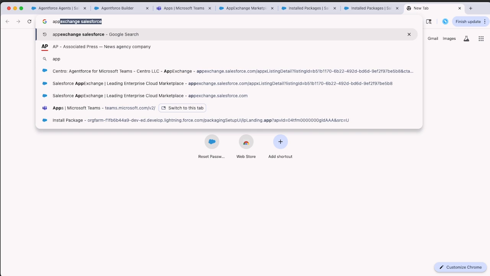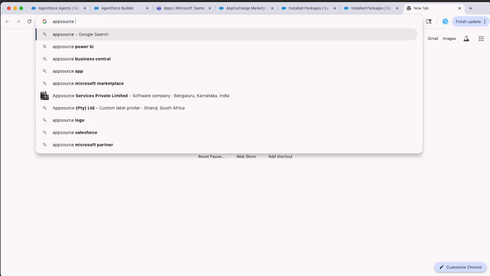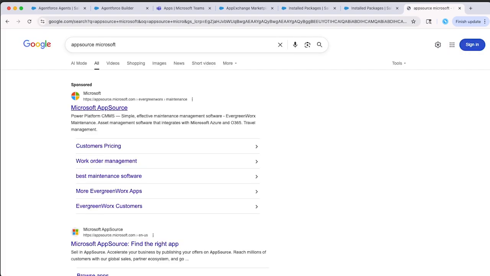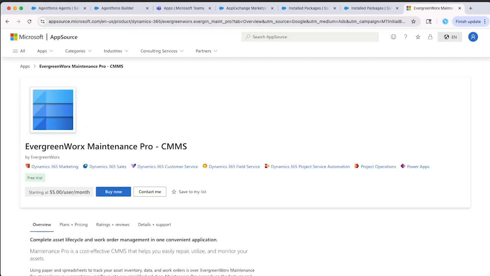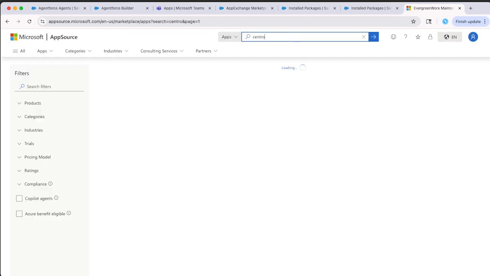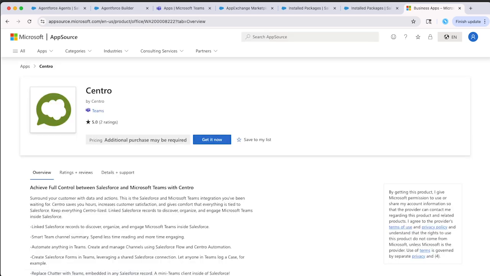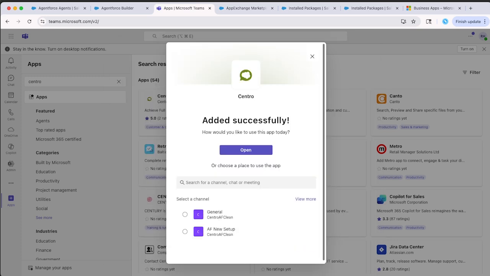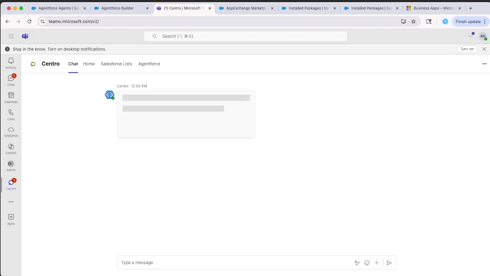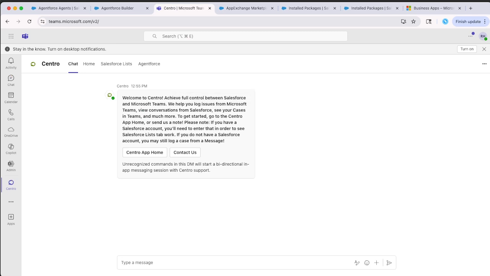website. So you could do app source, Microsoft, and search for Centro from here. And click the Get It Now process. It's very similar. Okay, so we're going to hit add. And it's now added successfully. Let's click open. This will take us to our home tab, where we can